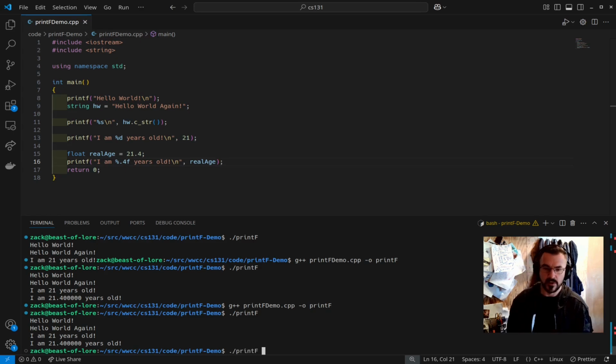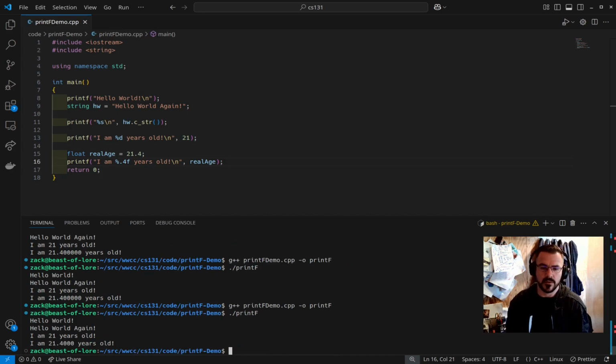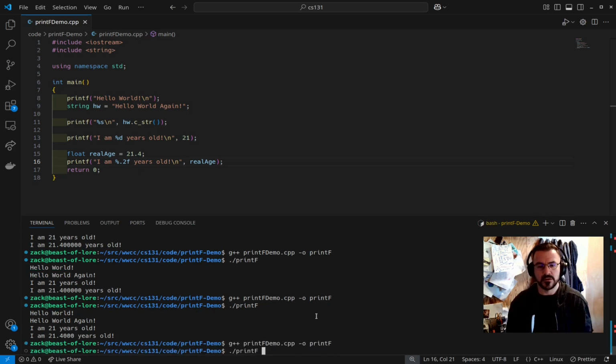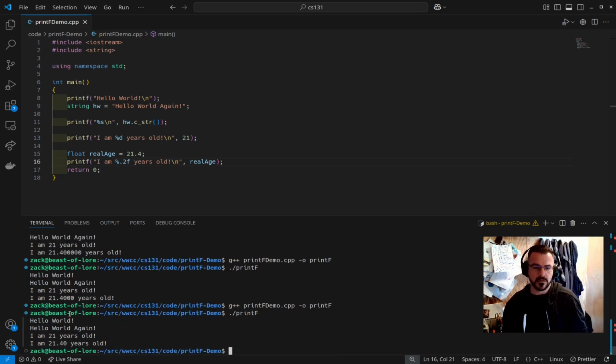Let's find out. Here we go, and there, and what do you know? 4 after the decimal. So let's do that again, and we'll change that to 2, and then we should see a change here, and there you go. So dot and then a number gives you the precision after the decimal point that you would like in the case of this. And in the case of a string,